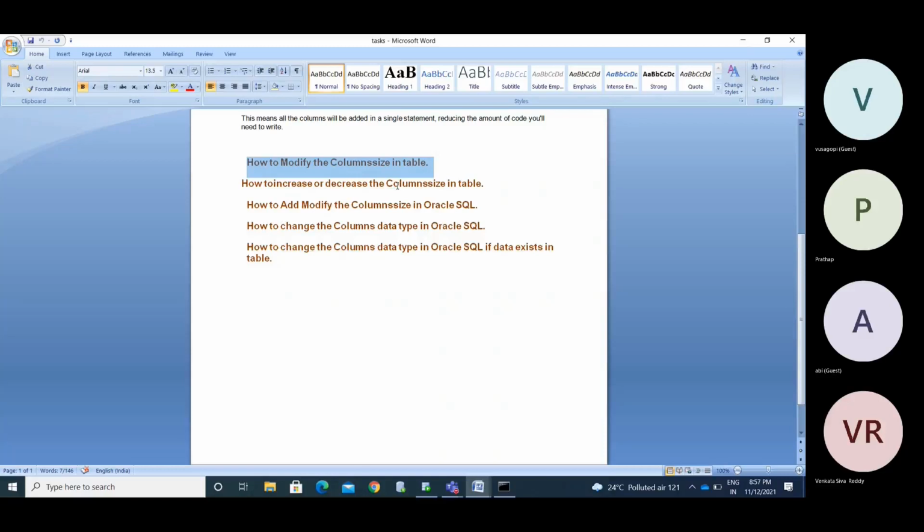Then how to change the data type of a column if the table does not have data, and if it has data. If the table has data, are you able to do it or not? If the table does not have data, are you able to do it or not? Verify it yourself.